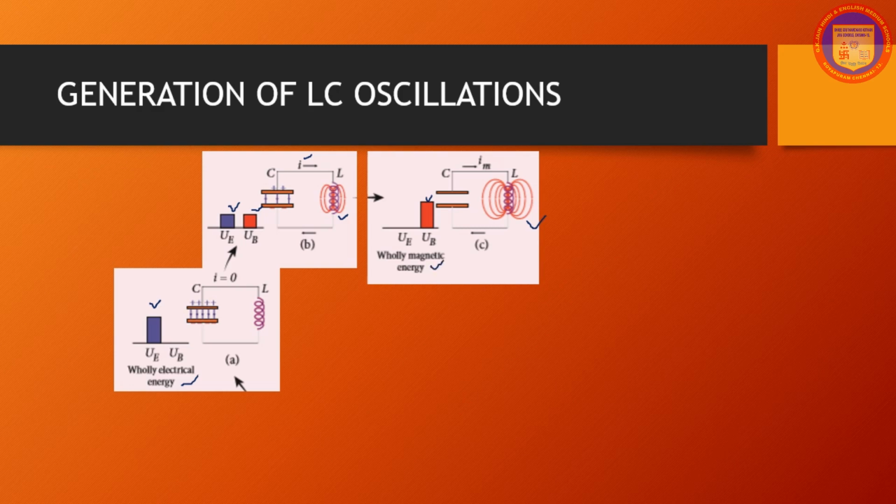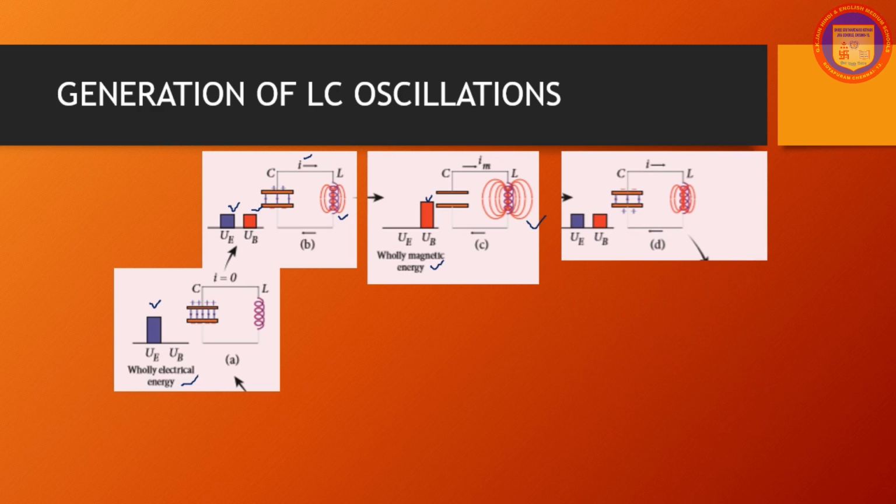Even though the charge in the capacitor is 0, the current will continue to flow in the same direction because the inductor will not allow it to stop immediately. The current flows with a decreasing magnitude as the magnetic field of the inductor collapses. Now the capacitor begins to charge in the opposite direction due to the induced emf in the inductor. So a part of the energy is transferred from the inductor back to the capacitor. The total energy is the sum of the electrical and the magnetic energy.